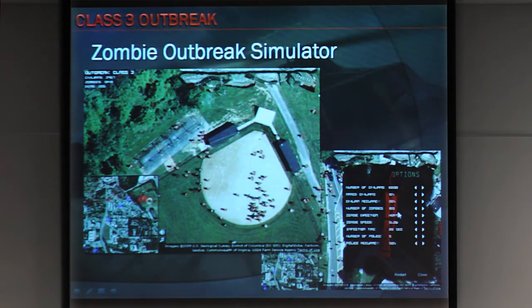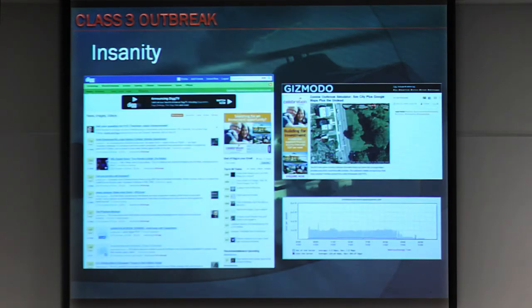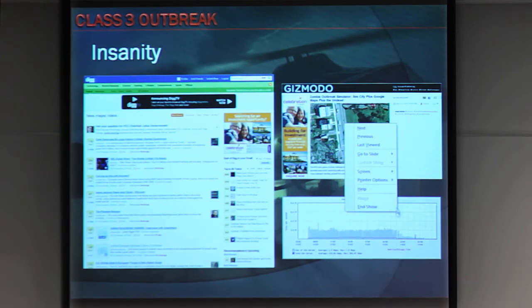And we had some options here, so you could control how many civilians, how many zombies, what percentage of civs were armed and so on. So you could have a bit of a play and see how things worked out. So we start that up there. So what we did